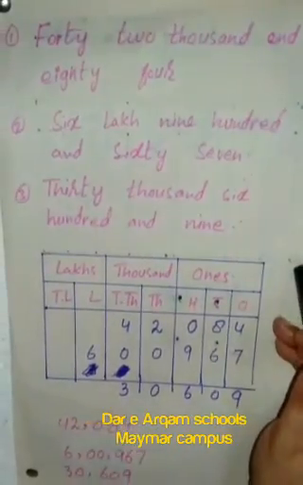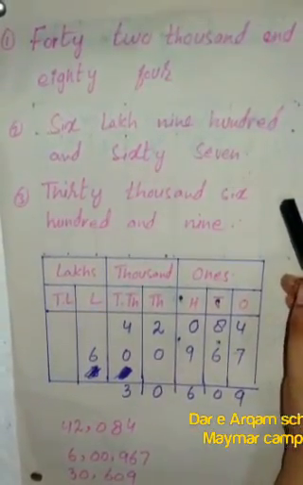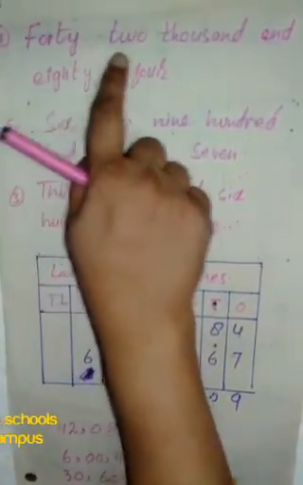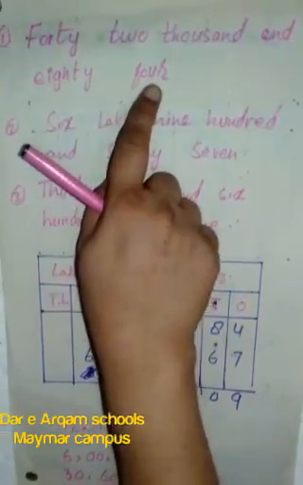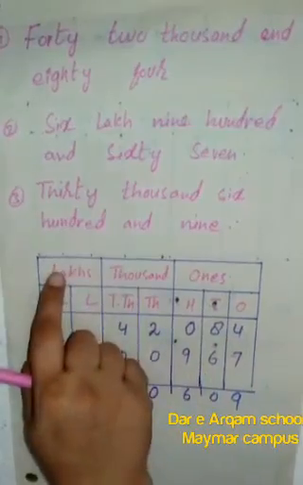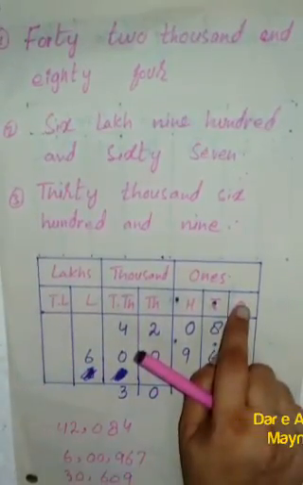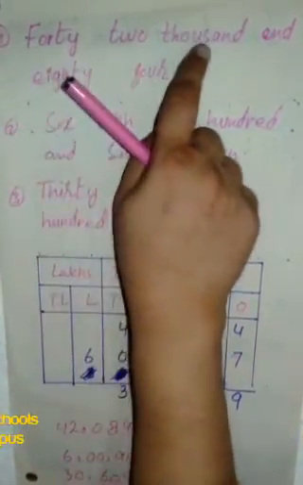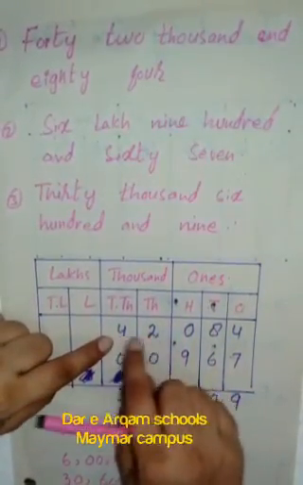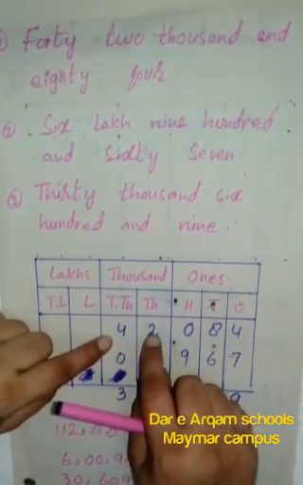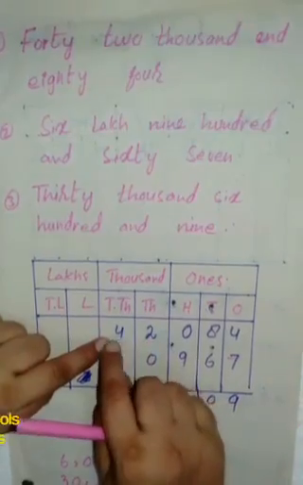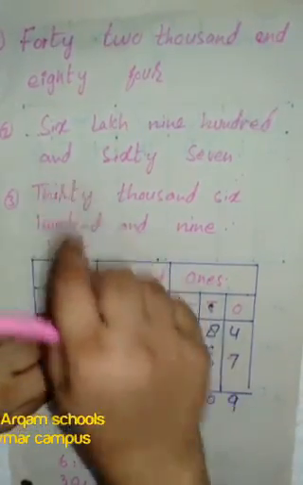Now students, you will learn if you have some numbers in words, how you will write them in digits. First number we have 42,084. First you will make your place value chart. Again, periods on the top and place values on the downside. Here you have 42 in the thousand column. So you will choose your thousand column and write the numbers there. We have two numbers, so you will write one in 10,000 and the other in the thousand column. So you will write here 42,000.